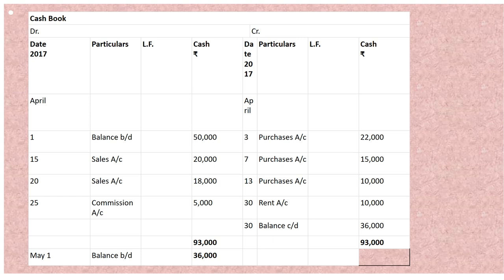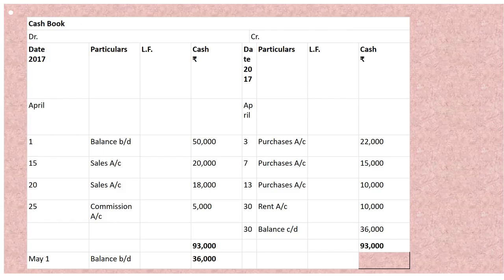Look at April 13: purchased goods from Gopi for cash. Now this is our cash entry. Definitely on April 13th, by purchases account with rupees 10,000. April 15, sold goods to sales account with rupees 20,000. April 18, sold goods to Vishwakarma. Now this is our credit entry because it is not given that it is done in cash and a name is given, that's why it would be considered a credit entry. So we will also not record this entry in our book.